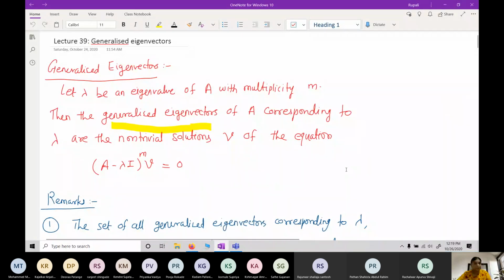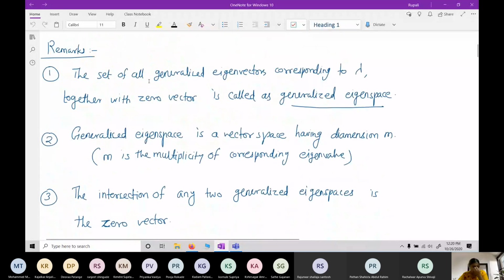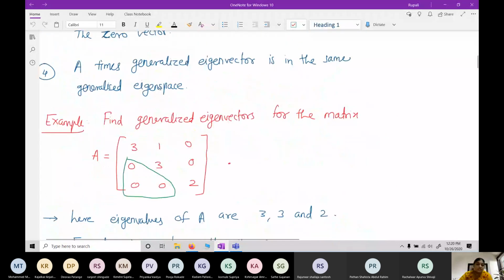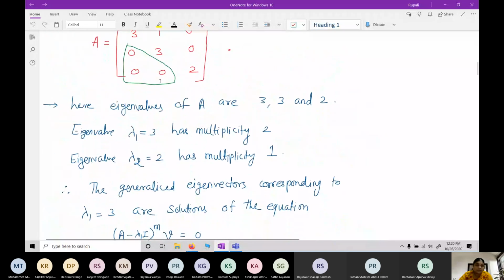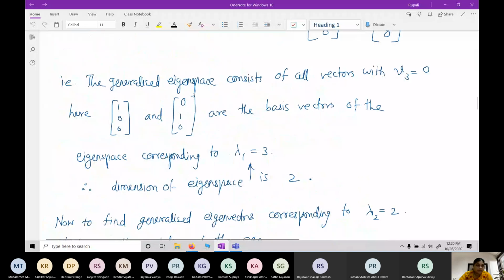Okay. So in the previous lecture we have seen what generalized eigenvectors are. Generalized eigenvectors are nothing but the non-trivial solutions of the equation (A minus lambda I) raised to m times v is equal to 0, where m is the multiplicity of eigenvalue lambda. And we have seen some properties of generalized eigenvectors, and one example of how to find generalized eigenvectors. So now today